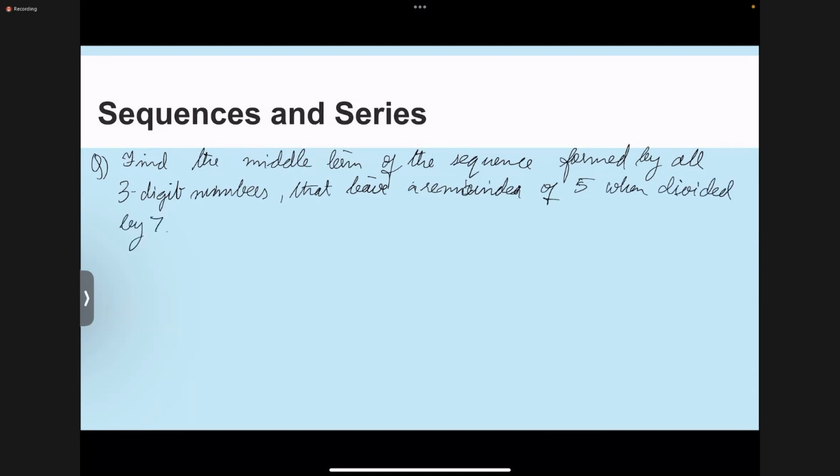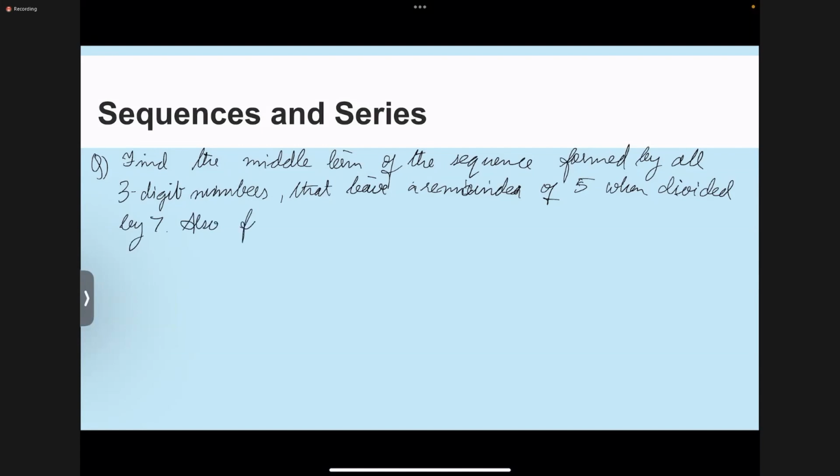Okay. So we have to find the middle term of the sequence of the three-digit numbers, which when divided by 7 leave a remainder of 5, and we will also find